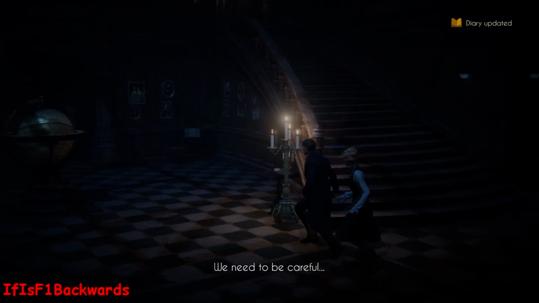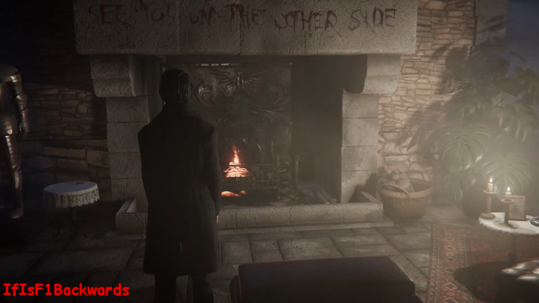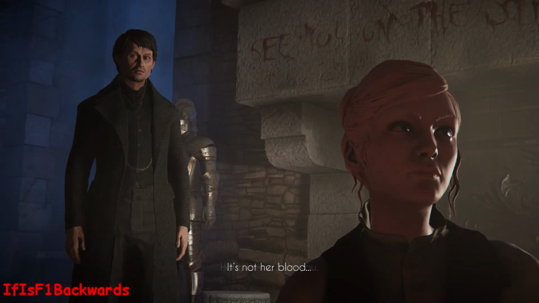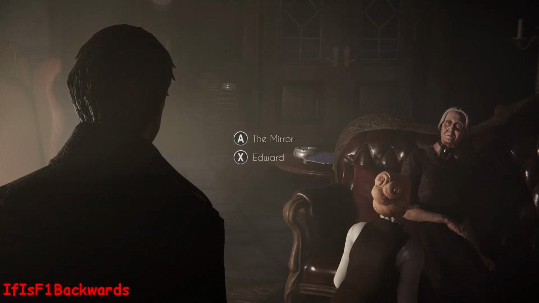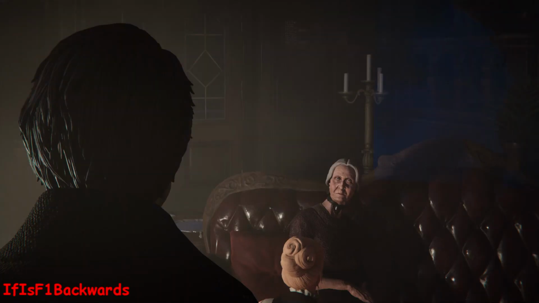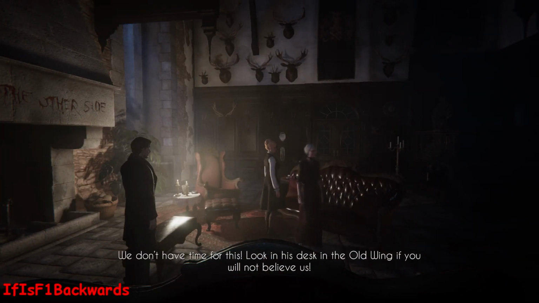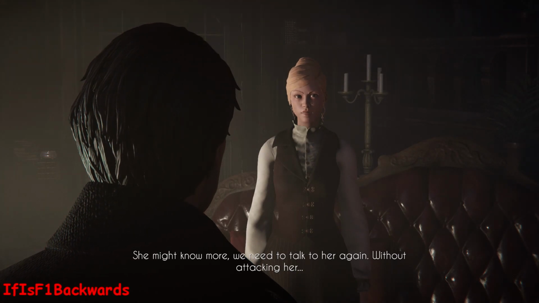Blood. We need to be careful. It's not her. I will be fine. Andrew. He has taken Eddie. It's this house. The curse. The Black Mirror. Poppycock. Our blood is not cut. I will not hear another word. We don't have time for this. Look in the desk in the old... She might know more. We need...